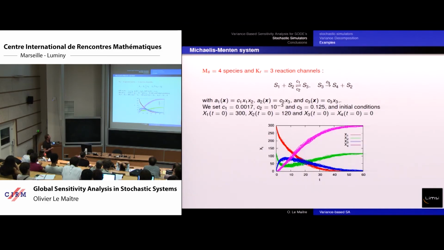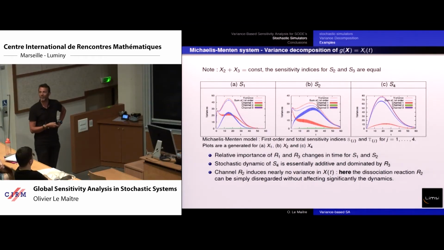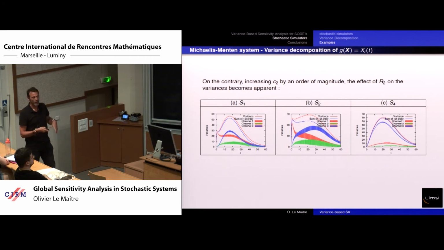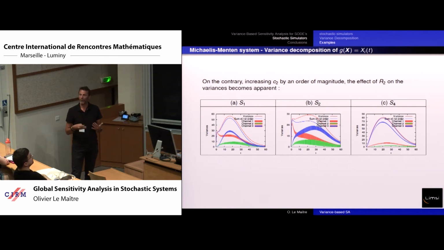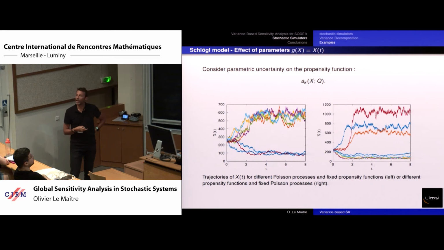Okay, that's another system, but I have a taxi to take, and I don't think you would be very much interested in the details of these results, but it's just to stress that you can have a quite fine understanding of how the different channels are combining their stochasticity. It's quite obvious that now we can add some